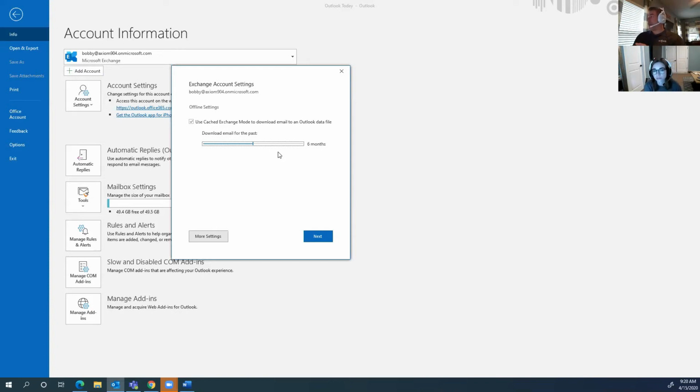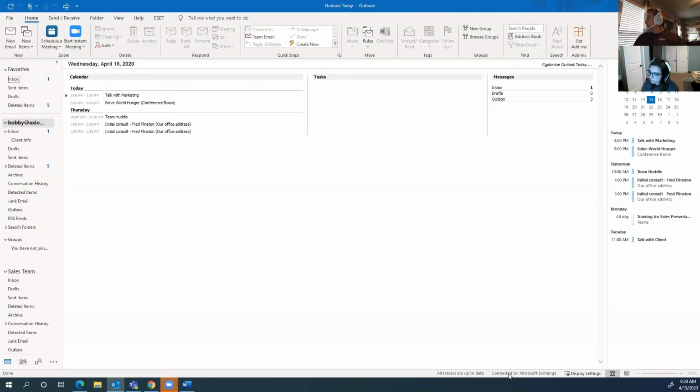So if you have it set to 6 months, and you're setting up your new laptop and you open up Outlook, you might have to wait 10, 15 minutes for it to finally pull down everything, and then you can start working in earnest. Because what happens is some people may not notice this. See right here, it says all folders are up to date. What that means is this Outlook client has all of the mail that it knows it needs, locally copied. So now you're ready to rock. Any of your searches are going to be 100% accurate. Any of the mail that you're looking at that you need is here. So that's one of the first things that I want to talk about.